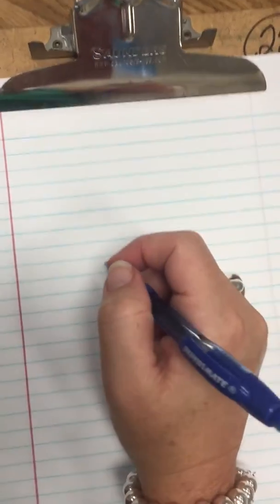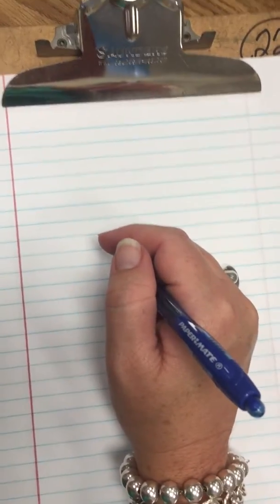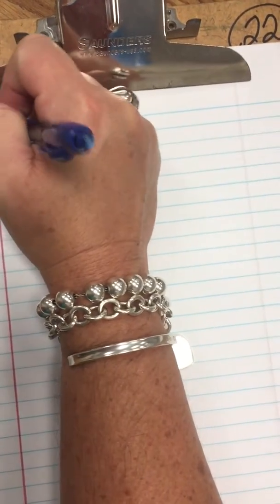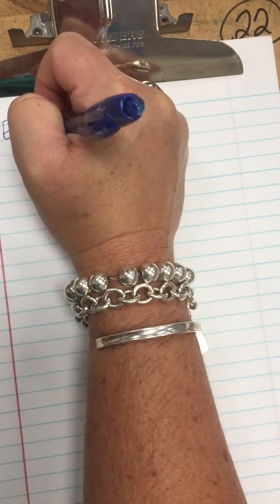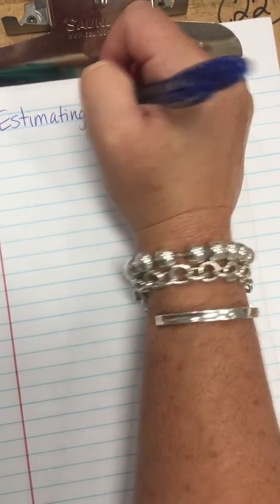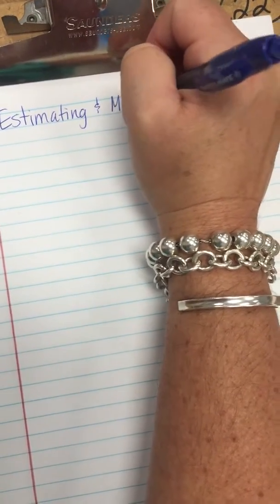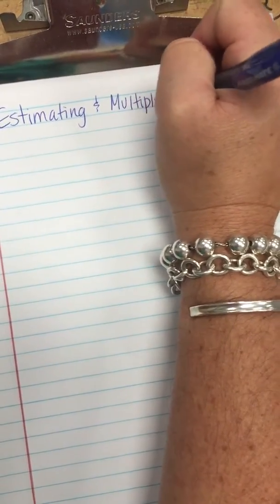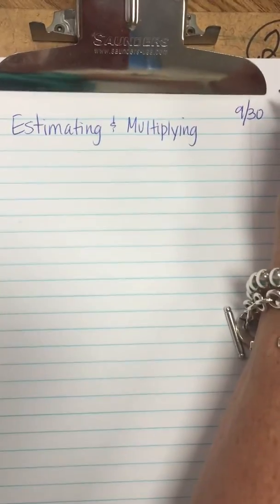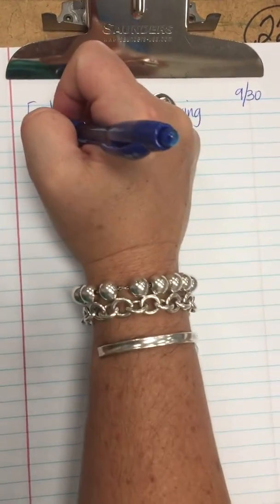Okay, you're going to take some notes today, and we're going to talk about estimating and multiplying by a one-digit number. Okay, so you need to make sure you get your notebook paper. Please pause this anytime so you're able to catch up in case I am moving too fast for you. I want you to be able to write these notes just as I am, making sure you're putting them in your math spiral. So it's estimating and multiplying